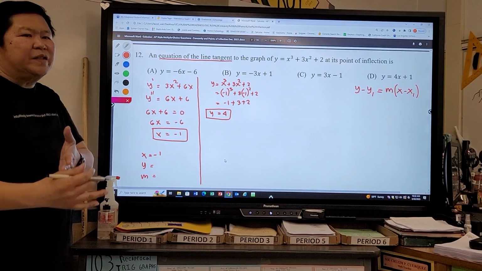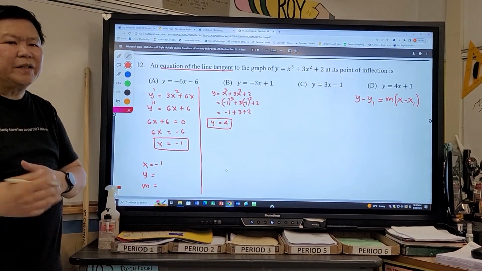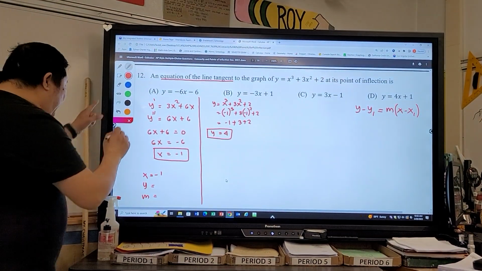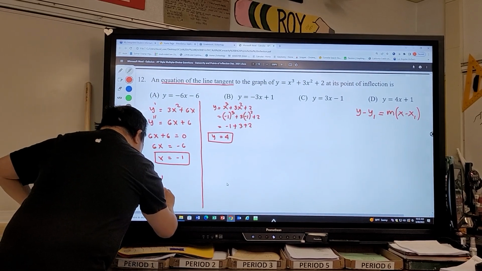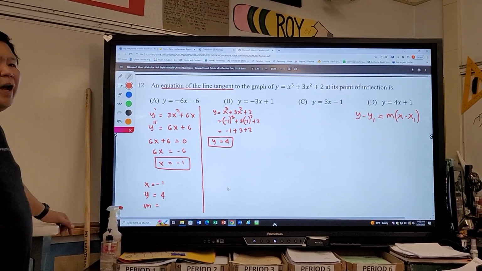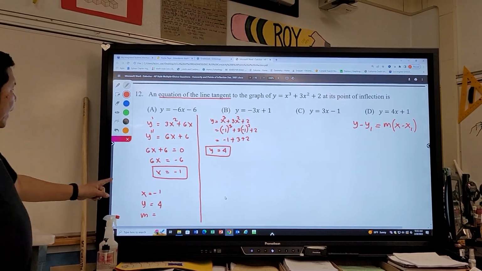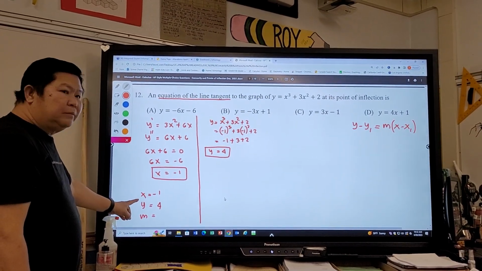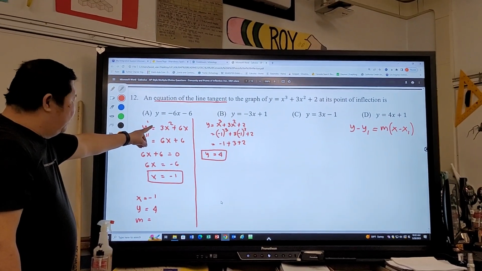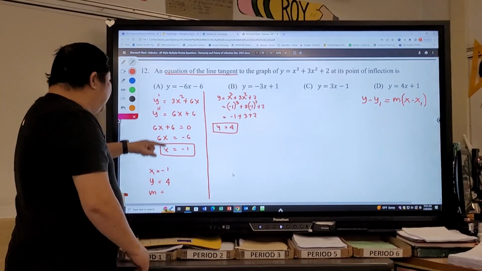And what's the next step? What do you think is the next step? This is already done. This is 4. So our next concern is m, the slope. What to do? We're going to have to plug in right here. So the y prime